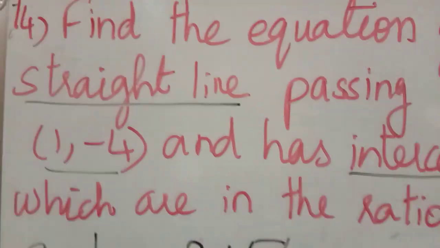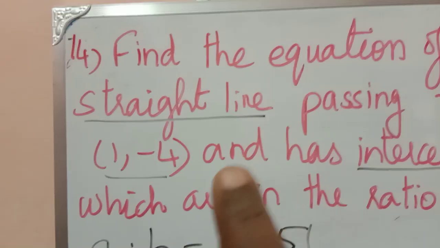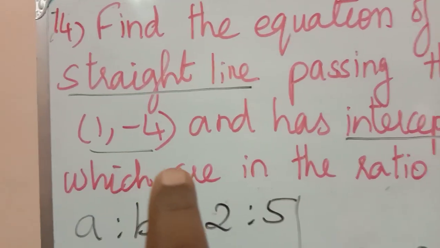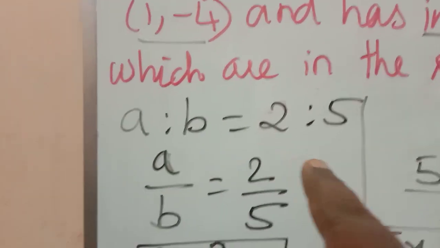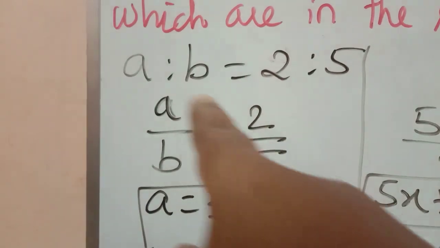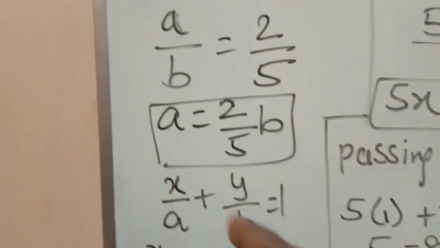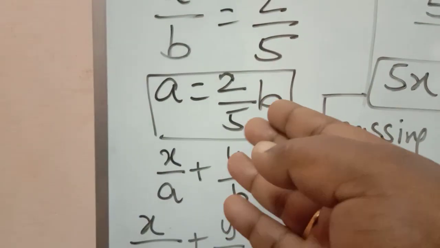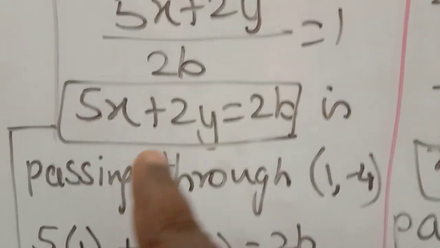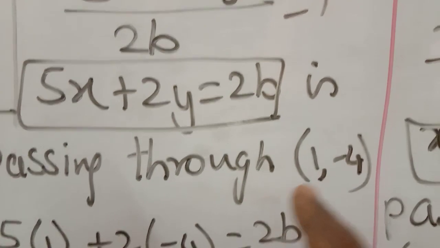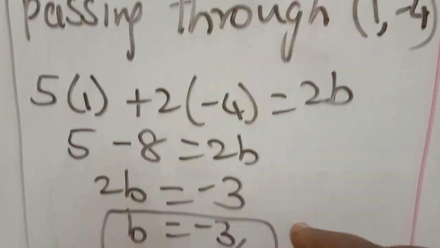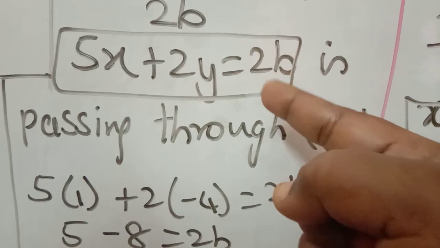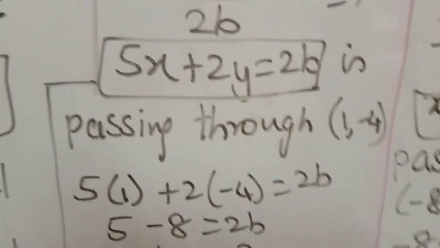So the question will be, find the equation of a straight line, they will ask. Passing through one point will be given, and the second condition is regarding the intercepts. So first, step 1 is find the value of a in terms of b from the given condition, or b in terms of a. Next, we have to write x/a plus y/b is equal to 1 and substitute a in terms of b, and if you simplify you will get one equation in terms of x, y and b. Then, as the line is passing through the given point in the question, substitute this point for x and y in this equation and find the value of b, and this value of b again we have to substitute here. That is the required equation of a straight line, right?